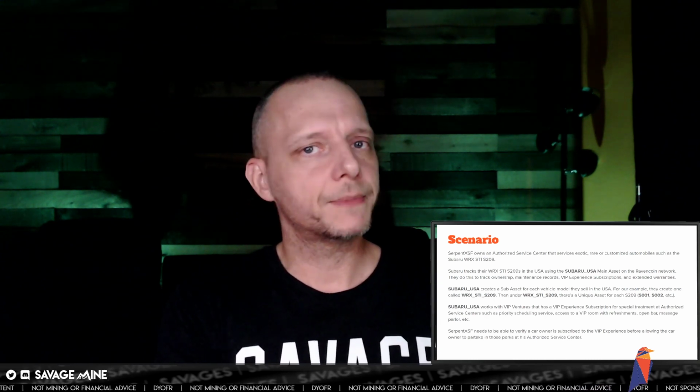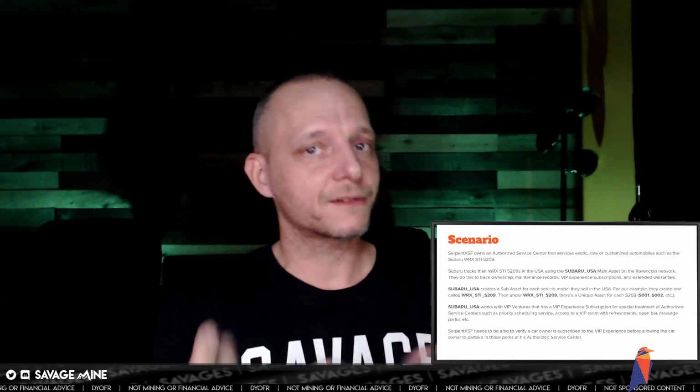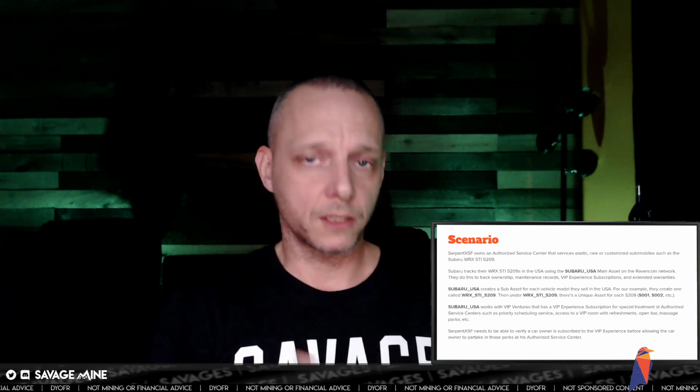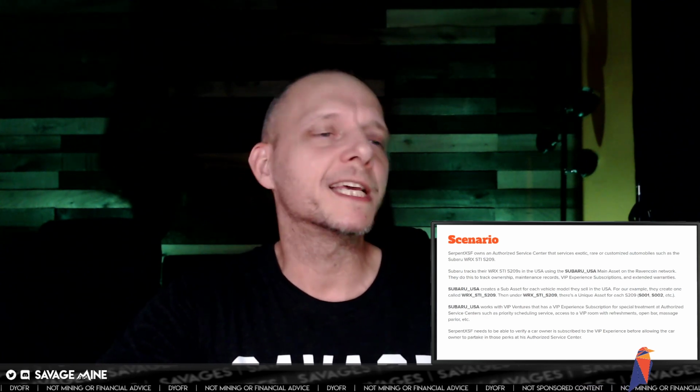If you were examining that asset, you would be able to click on it and see a picture of the car. You could even update it. I believe each owner could put their own picture, so they could stand by the car that they own and take a picture of it, and that would be added to IPFS, along with the VIN number and all that stuff. Anyway, it can get as crazy as you want it to get.